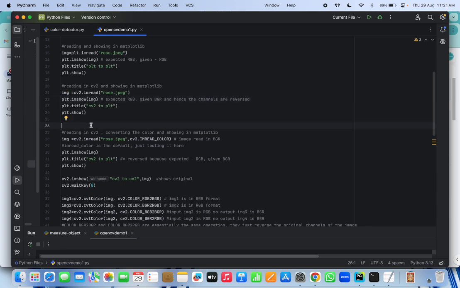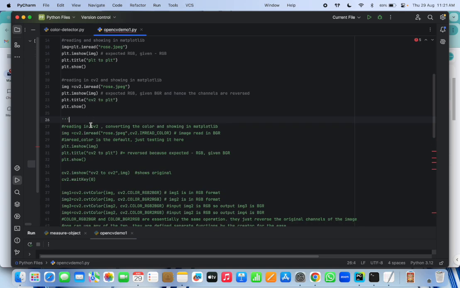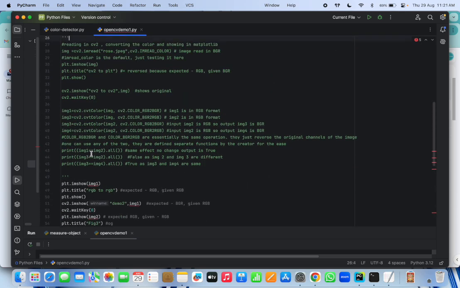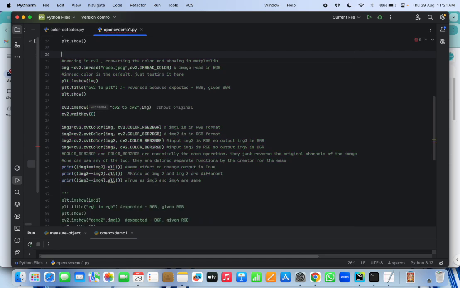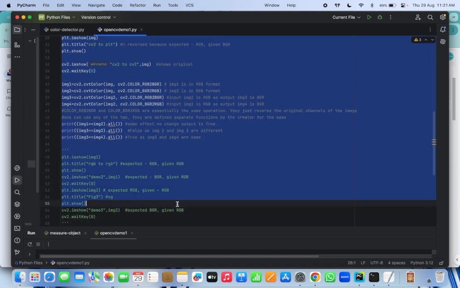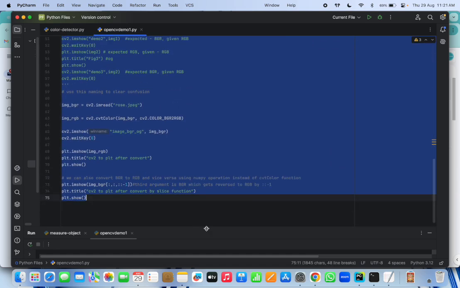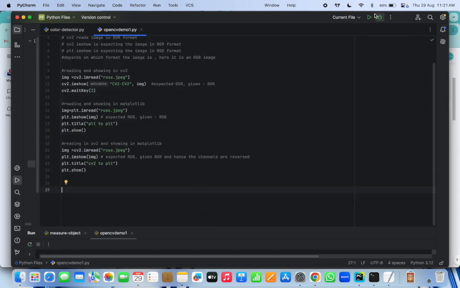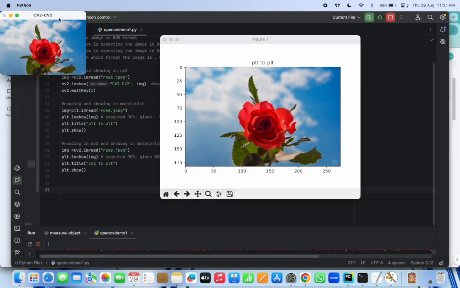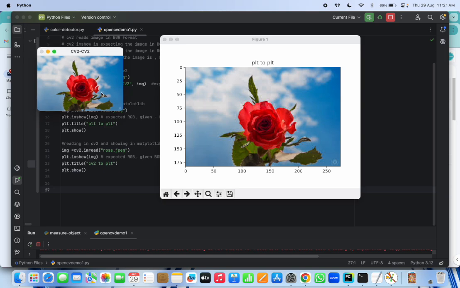So let's comment out everything else in this code and see what happens if we run that much. We'll just stop it at that place. We see the windows of CV2, reading and plotting in CV2, and reading and plotting in PLT.